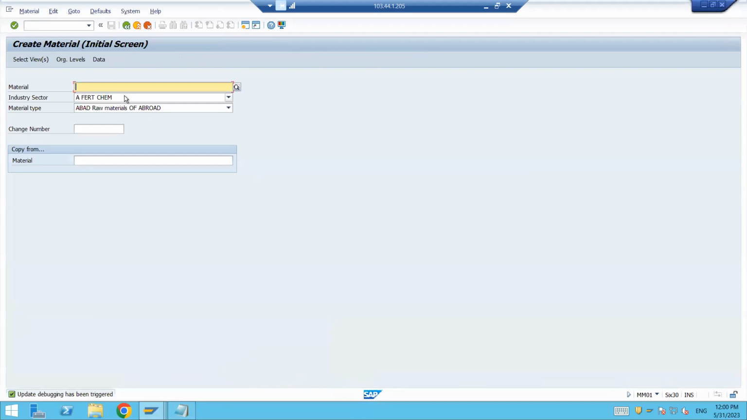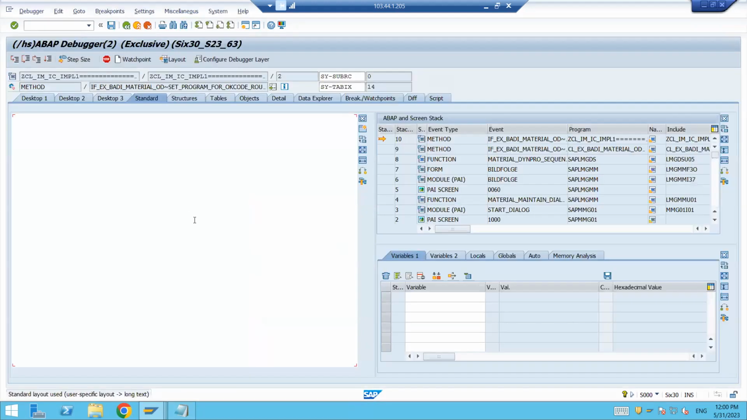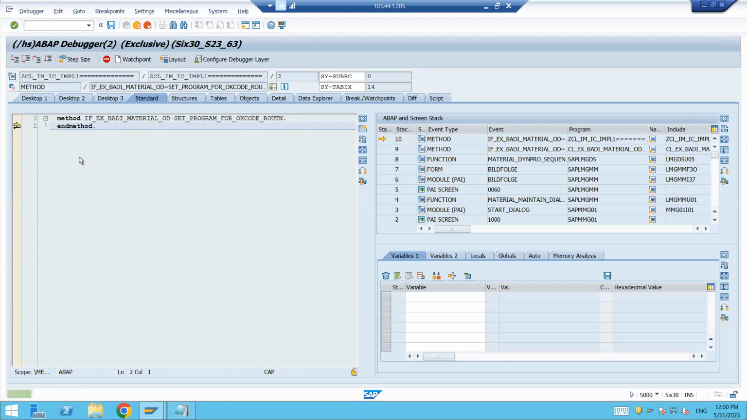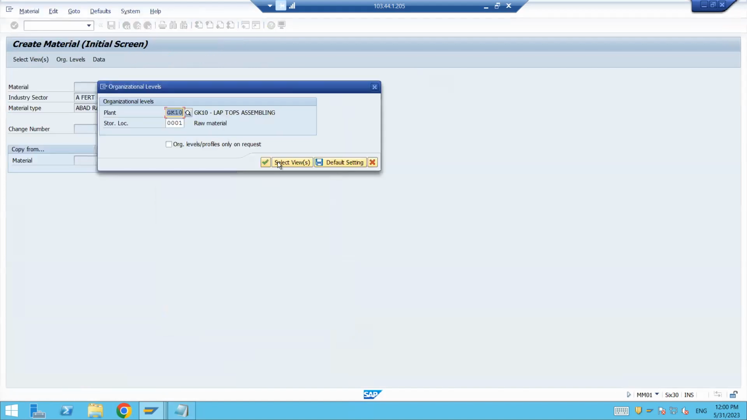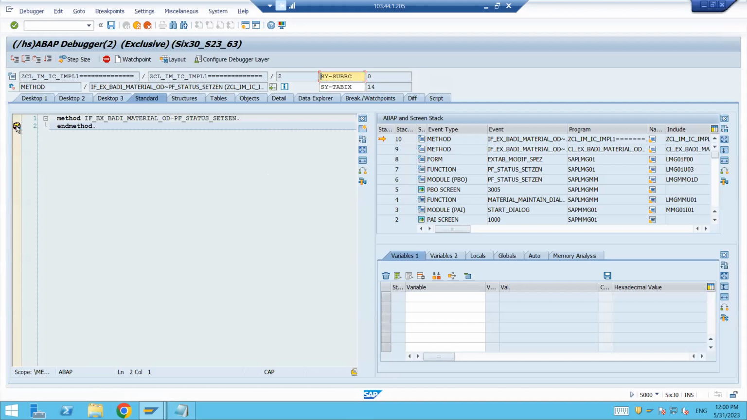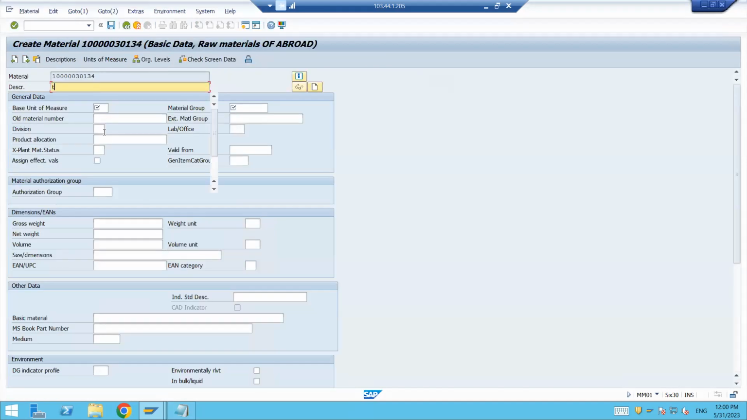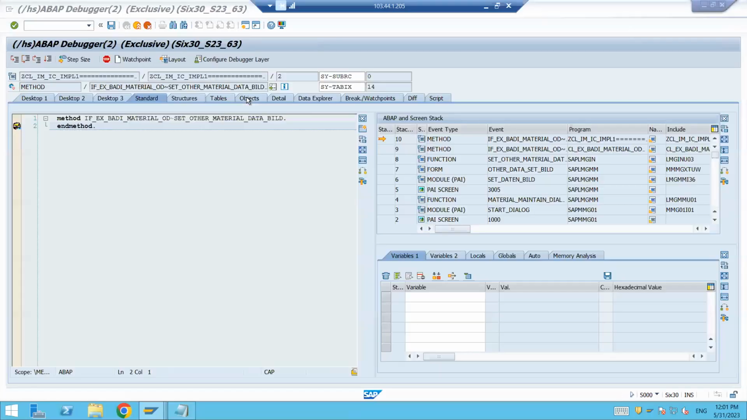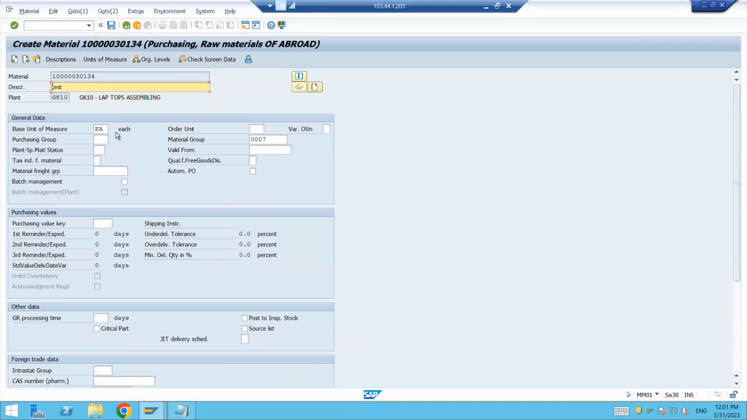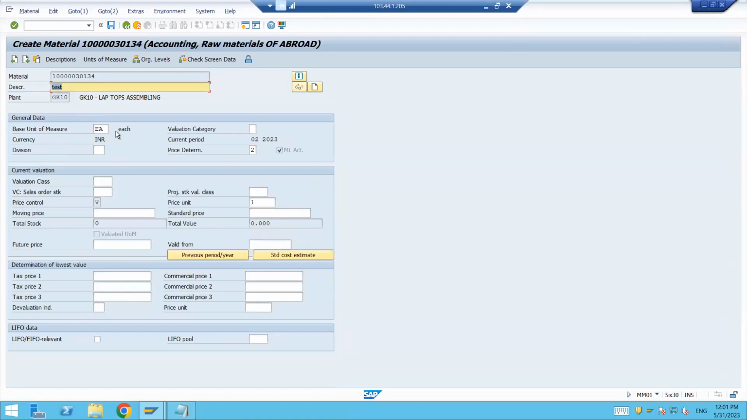Okay, so I'm going to create one more material over here. Press F8, click on this OK button. OK, and press F8. Just give this base unit of material group is this one. Press enter, press F8, and